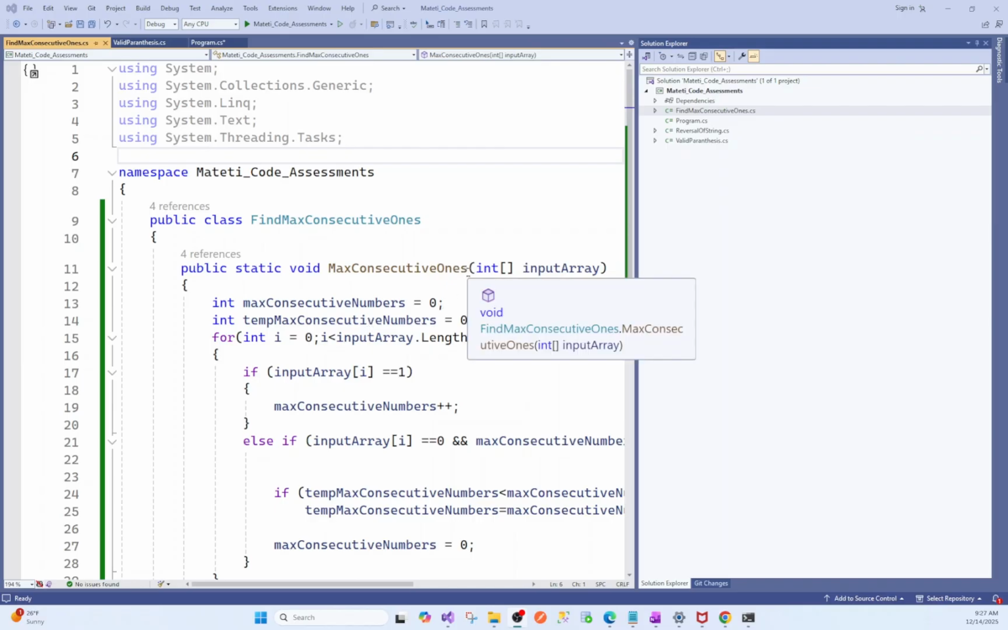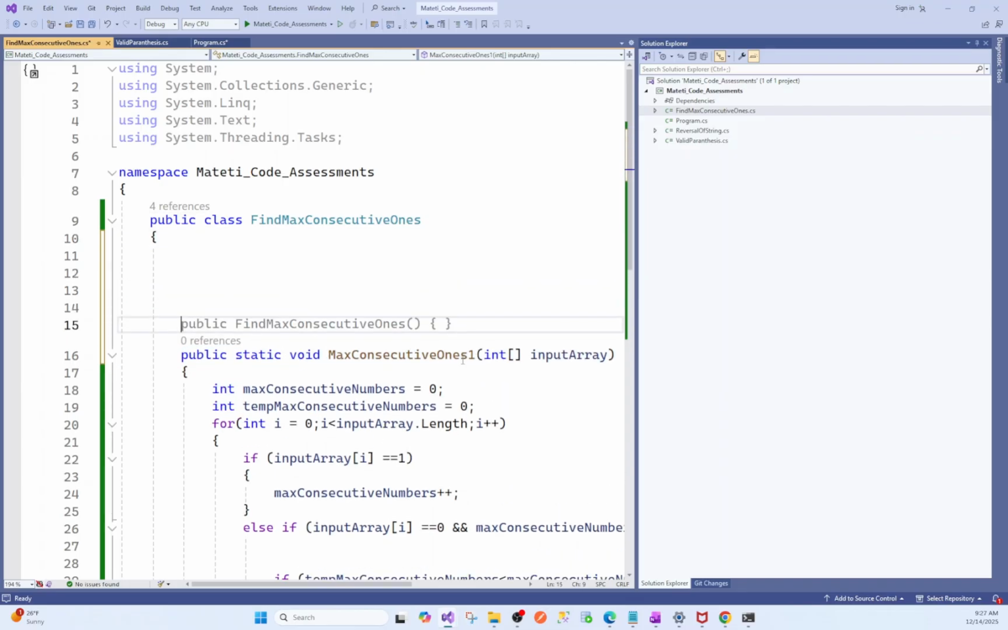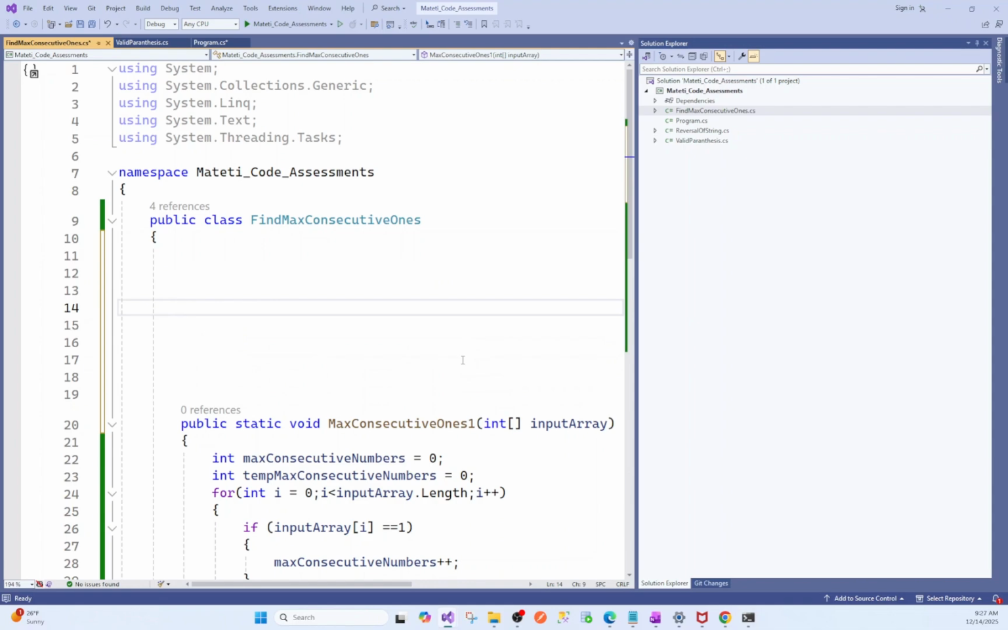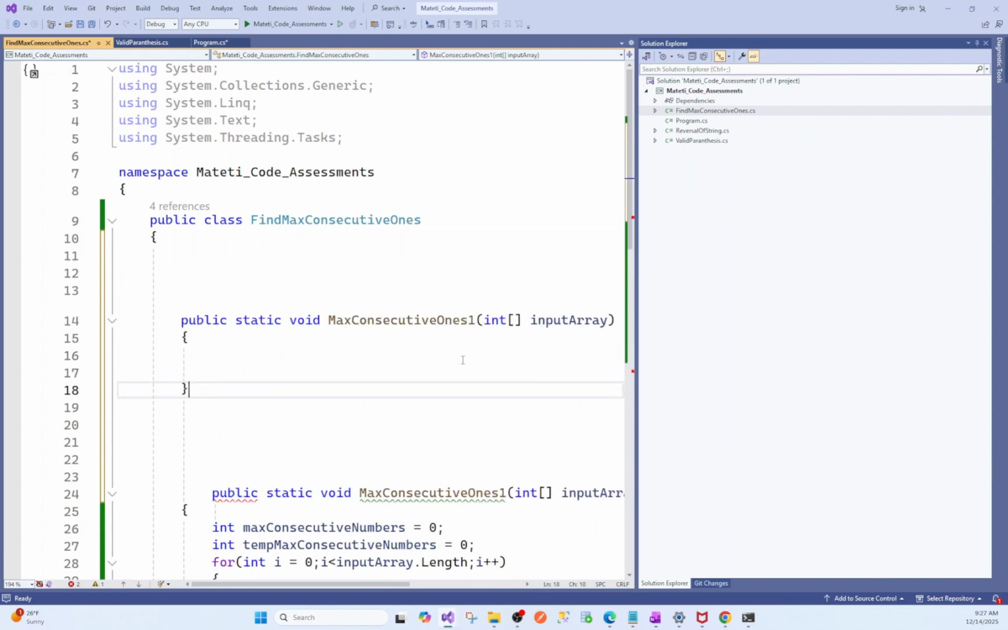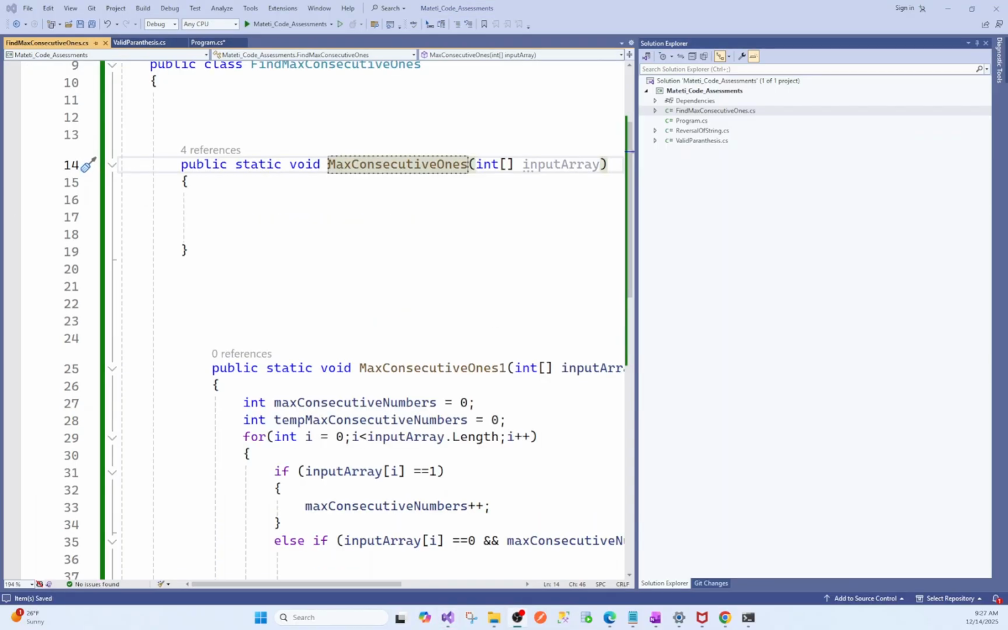I'm going to rename this method to add a method element approach. So in this approach, I'm going to make little changes. The logic I'm going to make a little different. I'm going to use the predefined method of